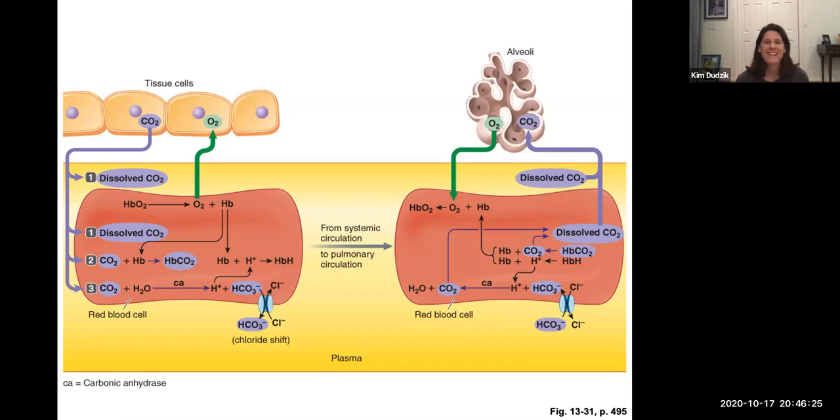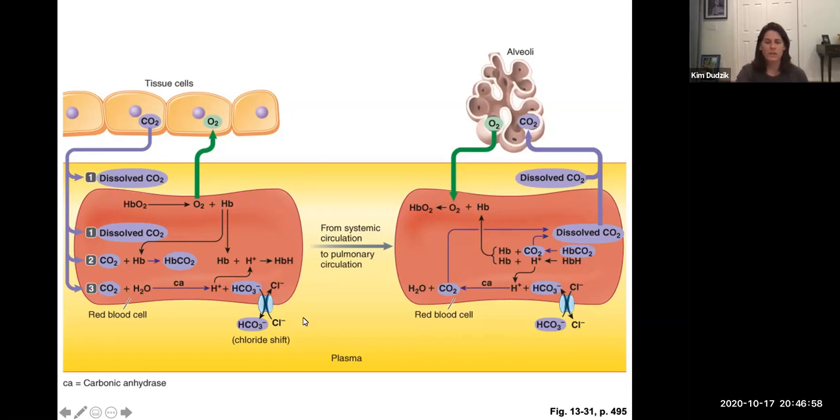We're back, and part one of this video explained how oxygen gets carried by hemoglobin and diffuses across membranes, either to get into the tissues or get from the lungs into our bloodstream. We talked about how it binds to hemoglobin and we looked at oxyhemoglobin curves. Now we want to look at carbon dioxide. What happens with carbon dioxide in our bloodstream? How do we carry carbon dioxide?